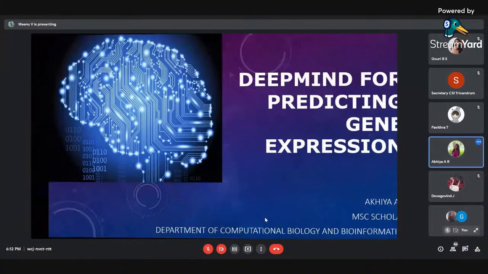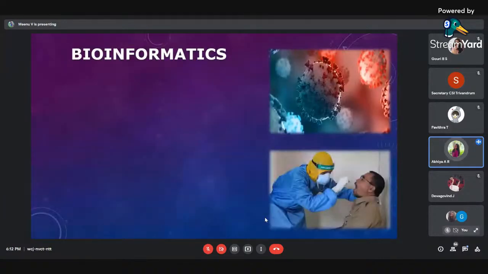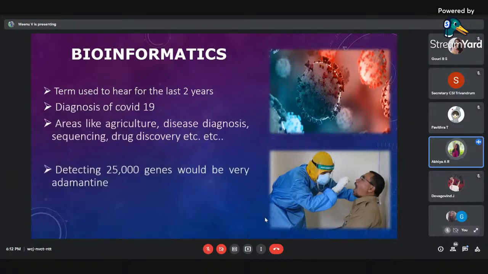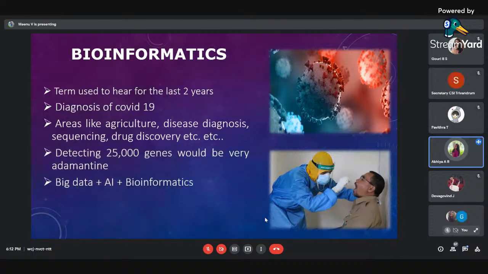Let's start with that one common word we have been familiar with since the outbreak of COVID-19. Every single person out there is familiar with the term bioinformatics and RT-PCR, which is a bioinformatics tool. Each of these was profoundly used for the diagnosis of the still ongoing COVID-19 pandemic, from its genome sequencing to detecting its variants and